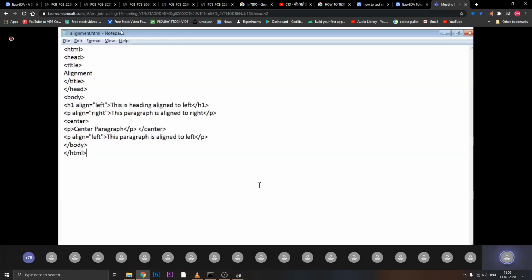also take the screenshot of this alignment example. Screenshot of this.